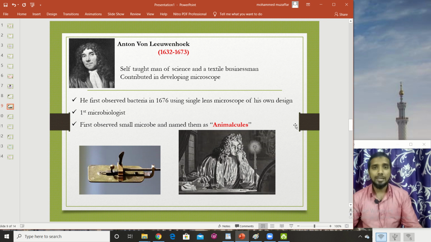So what he used to do is he used to take a beaker and fill it with water, and he used to observe through the water so that the things which are on the ground can be magnified and visualized. So based on this observation, he bought many other glasses and made a single lens microscope. With that, he was trying to observe